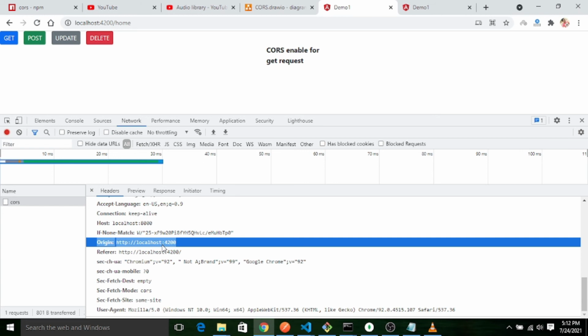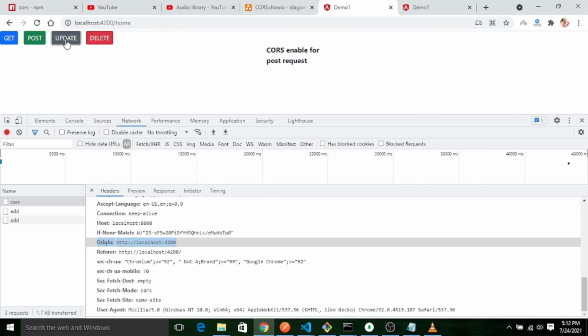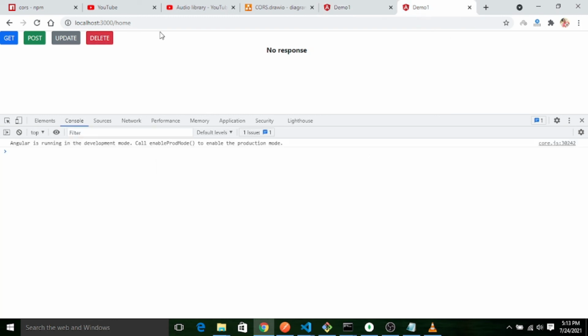Okay, so let's test the other methods also. Post is also working, update also working, delete also working. So for the domain 4200, the server is allowing all types of operation. So let's go to the domain 3000 and test the same.